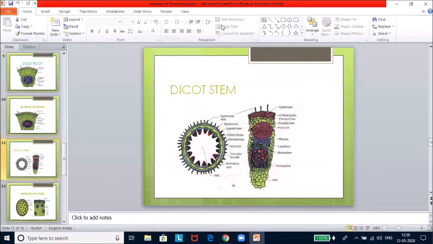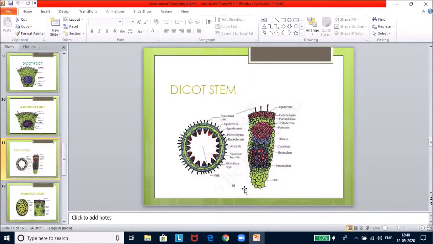Now let us look at the dicot stem. So this dicot stem is very, very important. I know it would be a little tricky. What you are expected to do, I would tell you, is you take a printout of this. You can't be drawing and practicing. You take a printout of this, or just take this picture, go to Paint, and then in Paint you have the option of erasing all the labels. You erase everything, save it, and then take prints of it, and then start practicing so that it becomes easier for you.